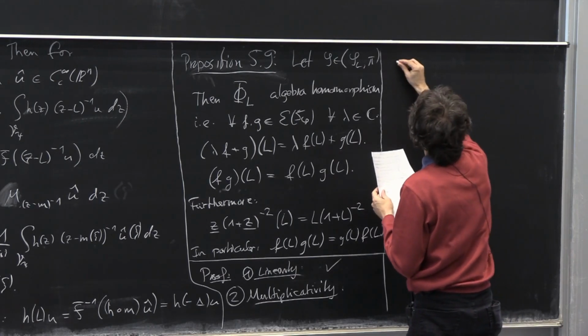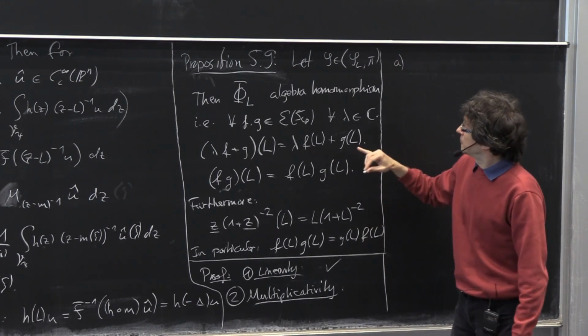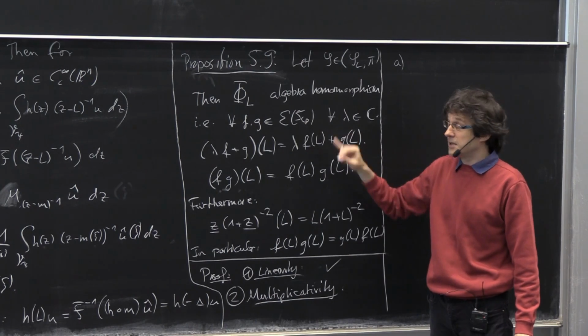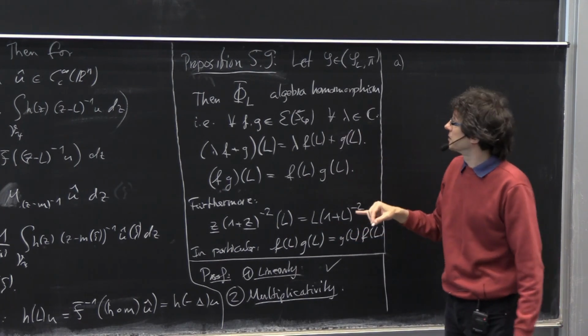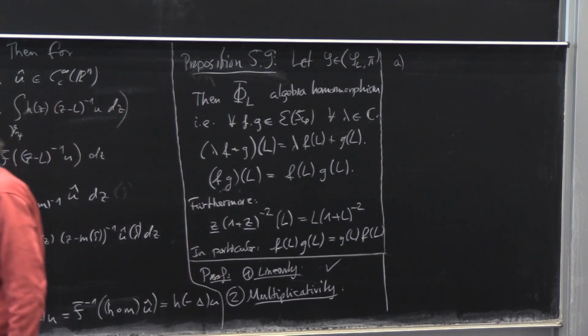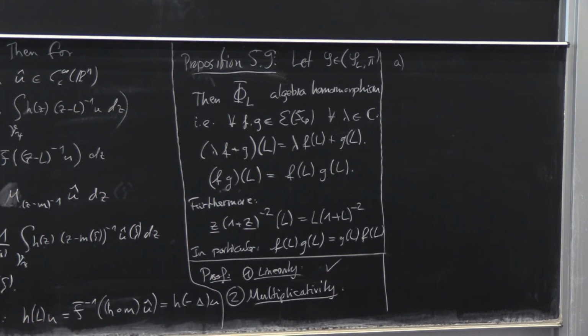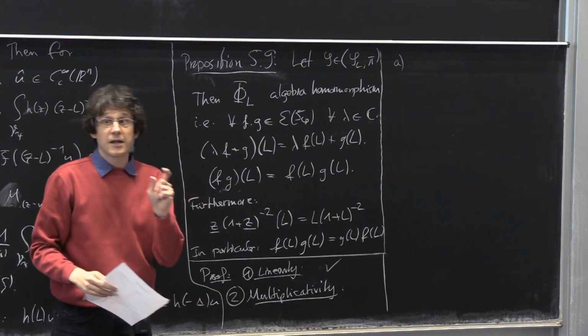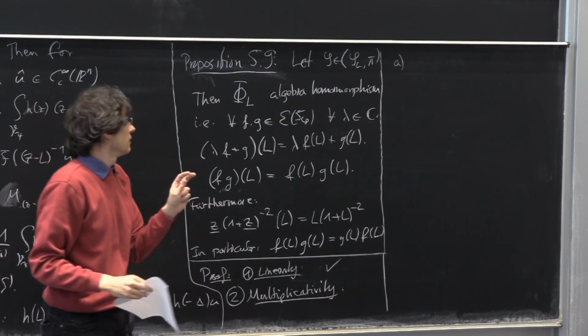Or even more. So if f and g are both H infinity 0, we have to deal with the product of the integrals. But f and g could be in other parts of the Dunford-Riesz class. But as we know already that the construction is linear, we can reduce this to several cases. So